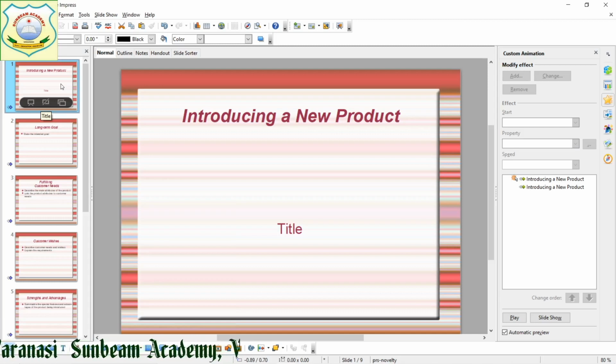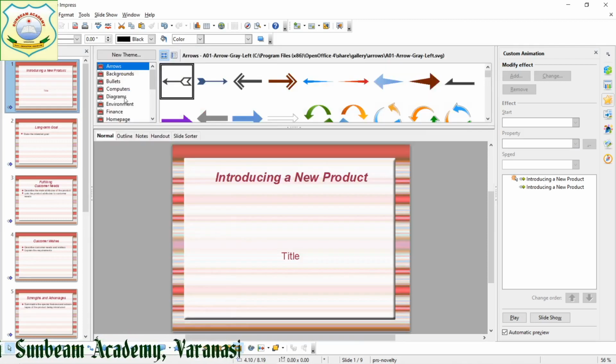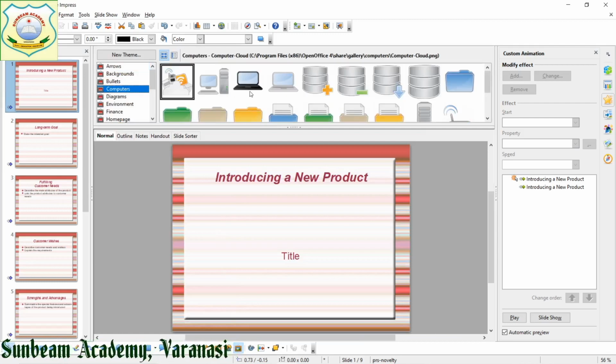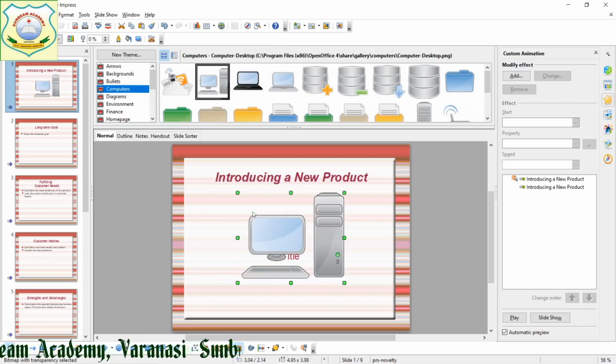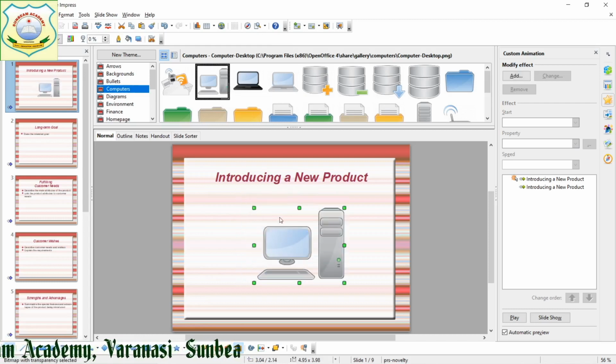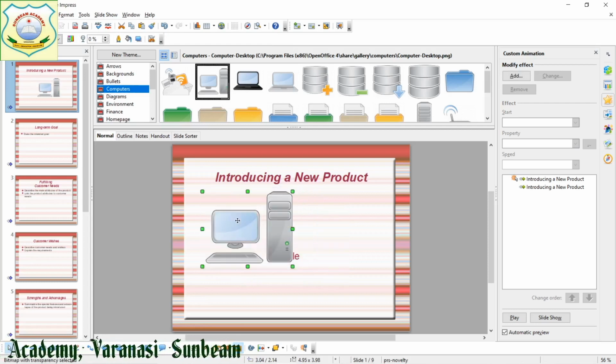Suppose I want to add a picture over here. From the gallery I am going to take some picture. Suppose I have taken this one. Insert. This has come. This picture I want to animate.